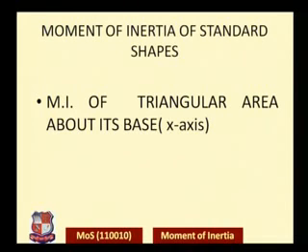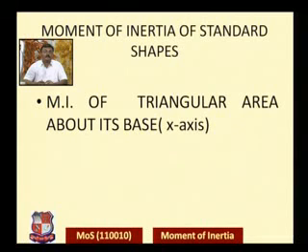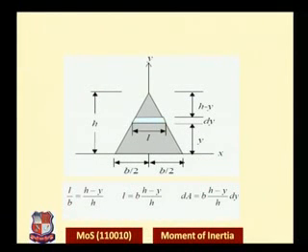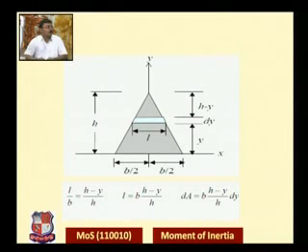Now we will move on to the next task, which is to find out the moment of inertia of the triangular section on its base. As you can see in the figure, there is a triangular cross section. All the respective parameters are shown in the figure. The small b is the base of the triangle, the h is the altitude, the height of the triangle, and we want to find the MI of this triangle on its base. So just like we did